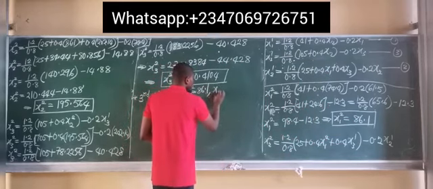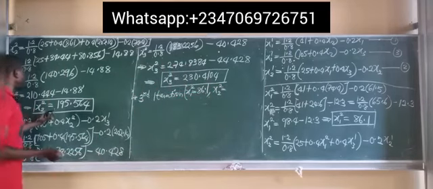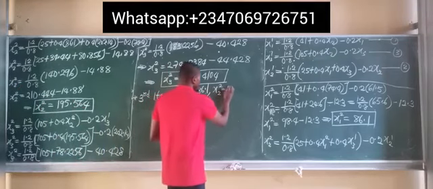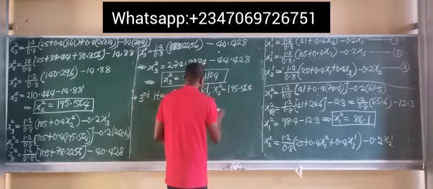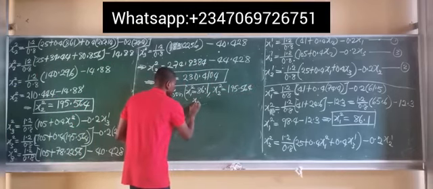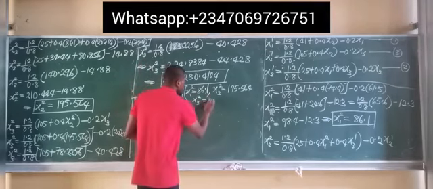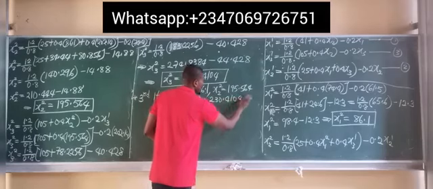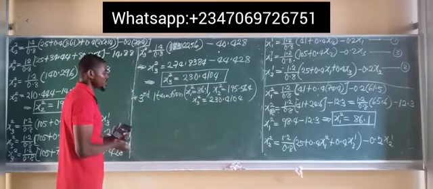Next is x2 of 2, and we obtain x2 of 2 as 195.564. And finally x3 of 2, we obtain as 230.4104. So these are now the previous values of iteration we are going to use